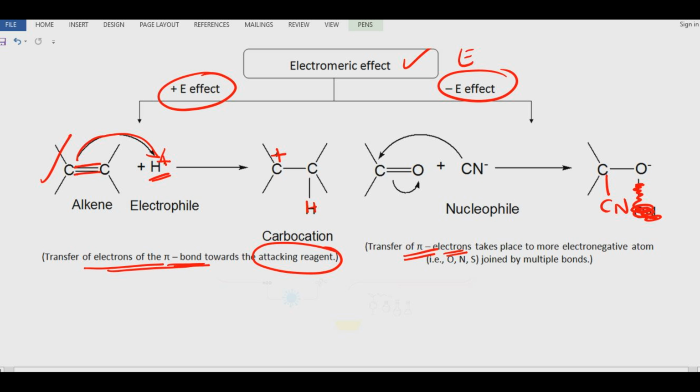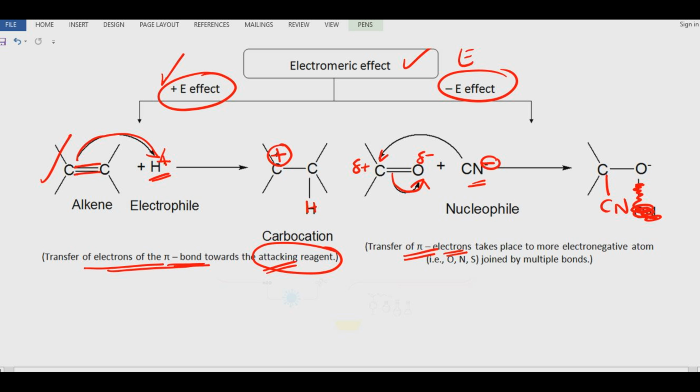Okay, so it is toward the attacking reagent and positive charge is created, and it is called the plus effect. Electrons are donated. And minus effect means there's a nucleophile like CN minus. It attacks the electropositive carbon. Compare electronegativity of carbon and oxygen. Carbon is electropositive, oxygen is electronegative. Therefore, negative charge species generally attack the electropositive center and the pi bond moves because you have